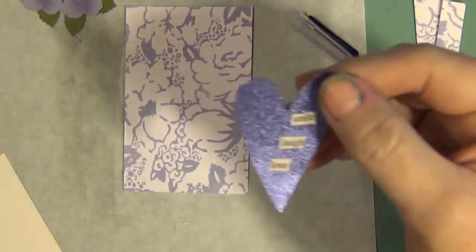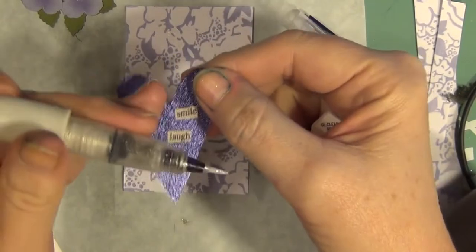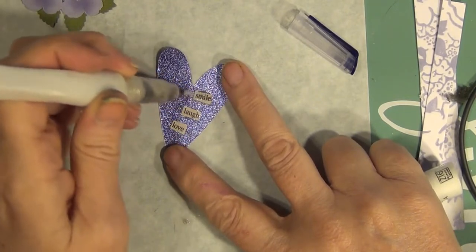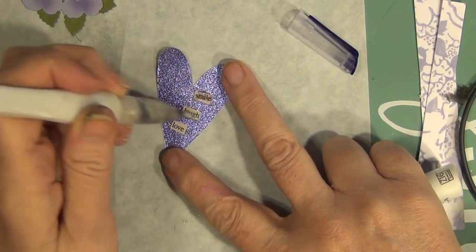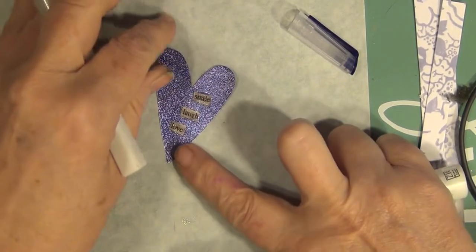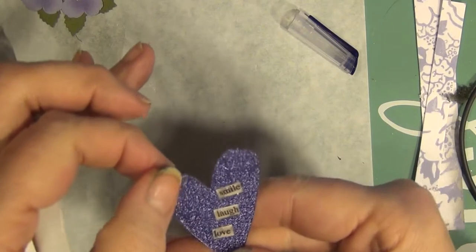I'm going to put some Wink of Stella, if I do this right, on the text. So the text will be sparkly. And let that dry. Now this heart, this foil that I'm using, is